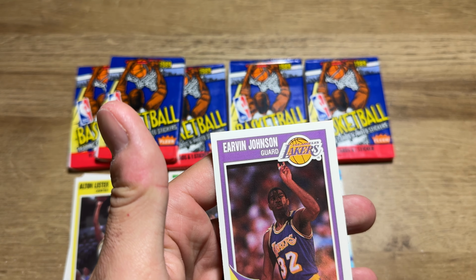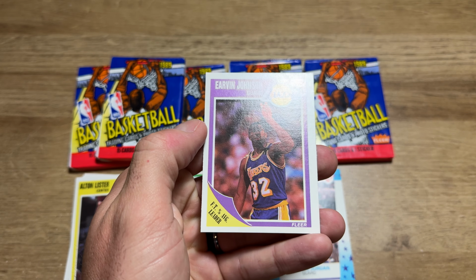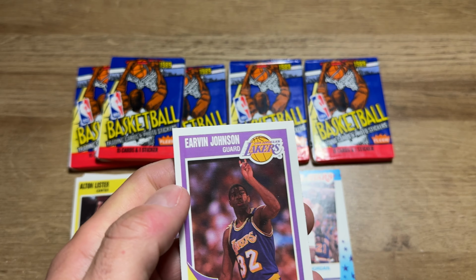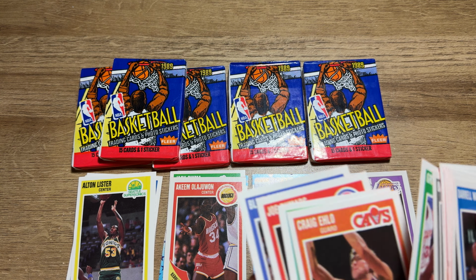Very nice. Super sharp corners, bad centering again. But this card was PSA 10ing for around $80-ish, so it's not going to get a 10 though, unfortunately. But we got Magic and MJ. So kind of love that they're just...